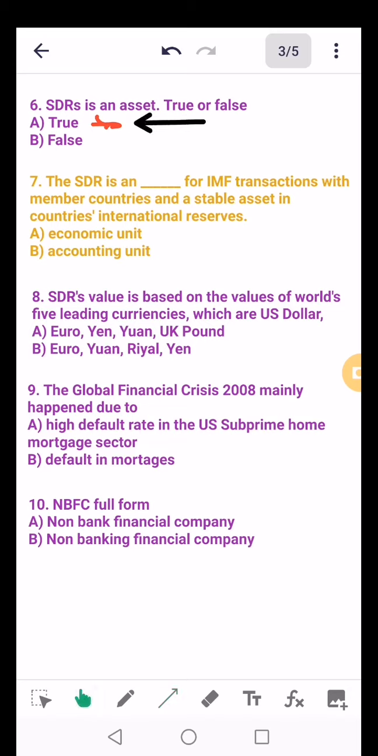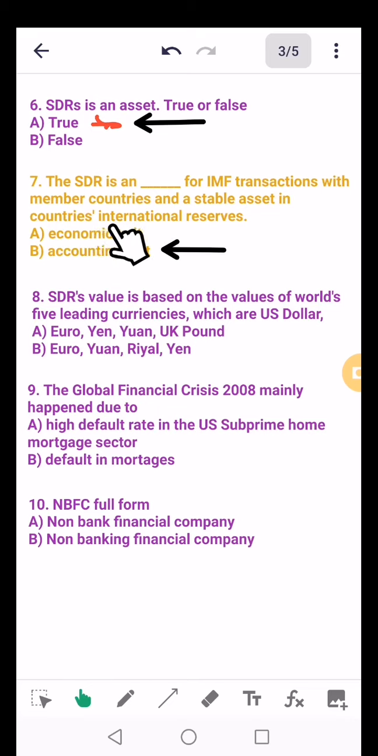Okay, the seventh question is, the SDR is an dash for IMF transactions with member countries and a stable asset in countries' international reserves. The answer for this is accounting unit. So what is SDR? Special drawing rights. SDR full form is special drawing rights. The SDR is an accounting unit for IMF transactions with the member countries, and it is a stable asset